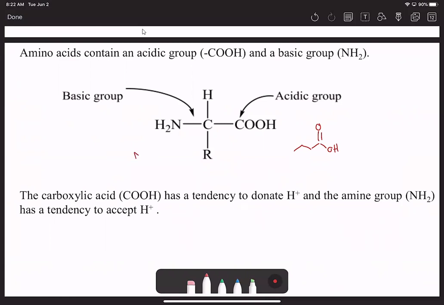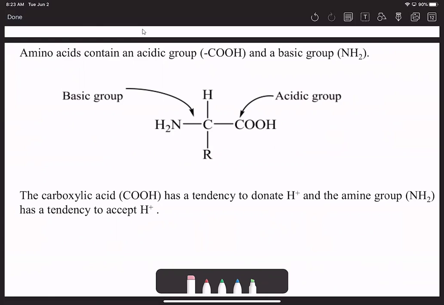If I draw an amine by itself, well, this amine by itself is a base. So this is a base, and this is an acid or weak acid, but amino acids have both